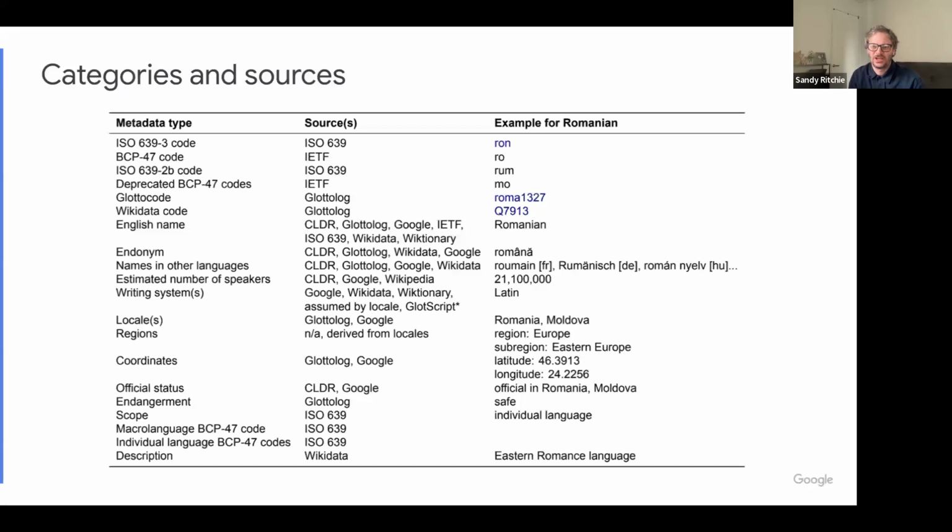Yeah, I'll just keep going and maybe we can come back to the question at the end. So we have also some more specific types of language code. You can see we're also linking in Glottolog. That uses this special Glottocode, which they've defined for themselves. And then there's also the Wikidata code, which is available through Glottolog. And as I said, all of these different types of code allow you to more easily link between all of the various resources which are already in existence.